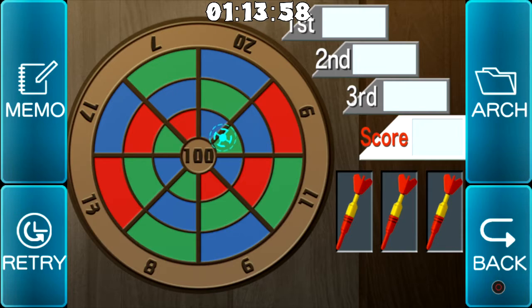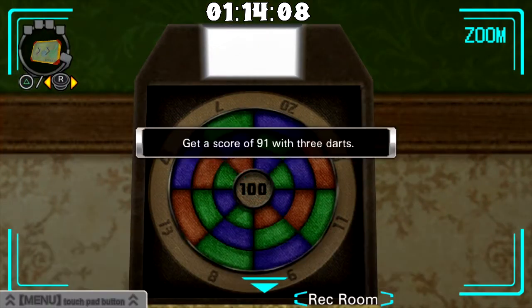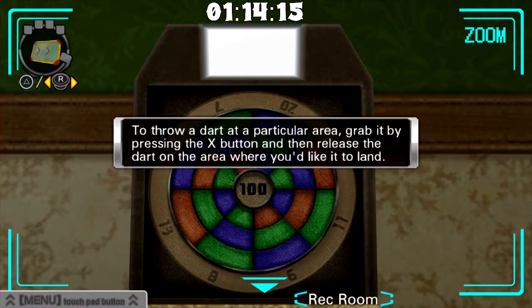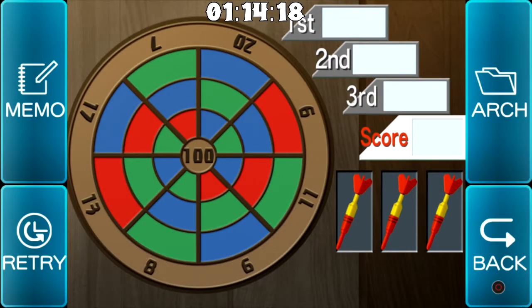What? That was 91. And that was green, blue, red. Is that not what we're supposed to do? Are we not supposed to go backwards? Red, blue, green, and then green, blue, red. You go backwards, it's green, blue, red. And that is...